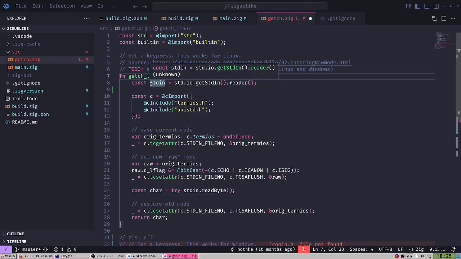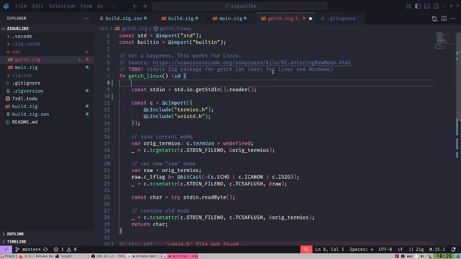Stdin termios, let's see. Yeah, so we need to replace this one with a buffer, I guess, also. Stdin buffer, and let's zero it out just in case. Maybe this is not needed, but yeah.